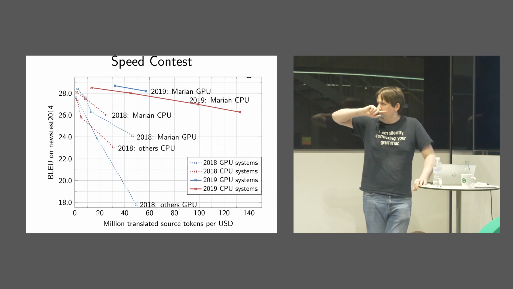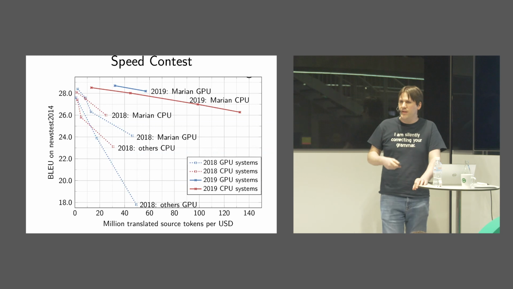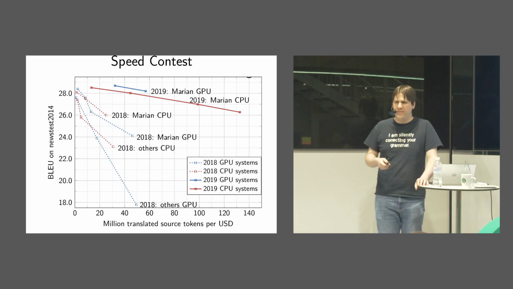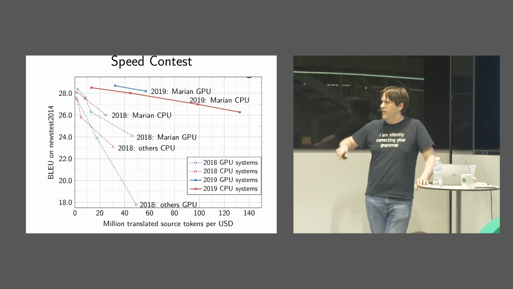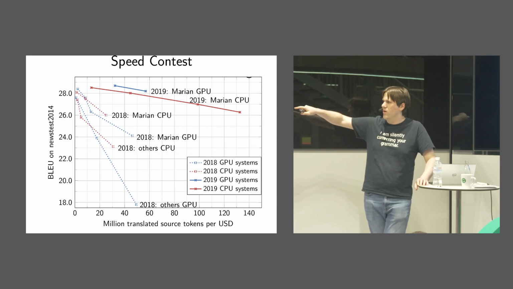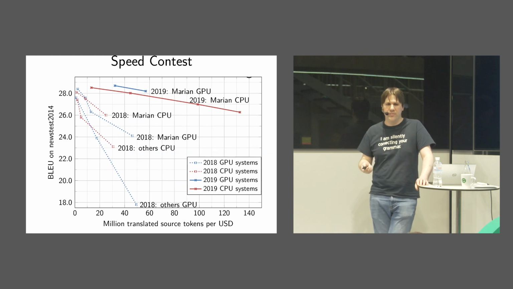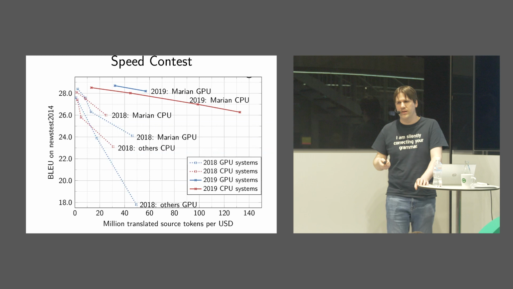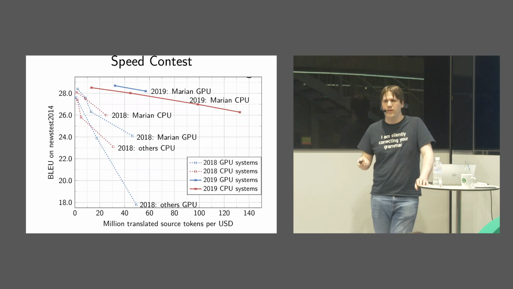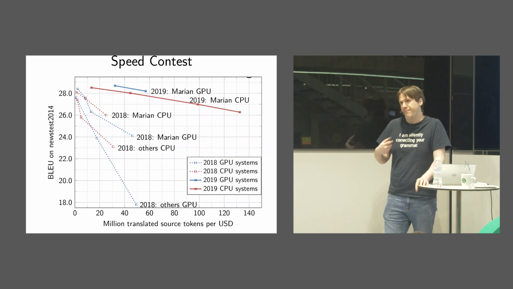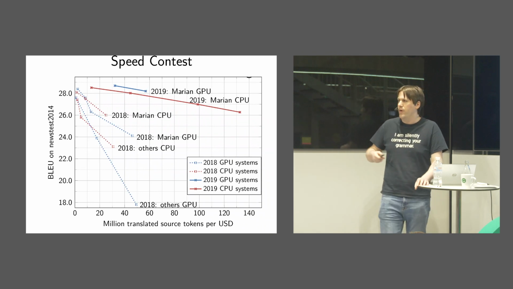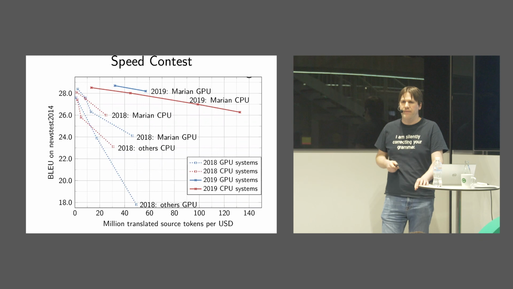In 2018, we had these submissions. It was the same task. And then in 2019, they got about 5 times faster. And also, you can see there's this curve. It's not just a single point. And the reason for that is there's a number of approximations and model size changes you can make that trade between the quality of the model and the amount of time it takes to translate. And that's partly what we're trying to figure out. Where should we exist in this trade-off in order to make it a usable product for Firefox people?